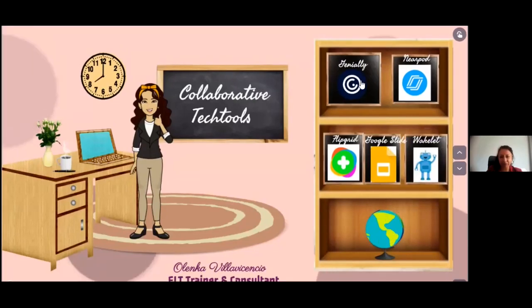Yes, absolutely right. To do this part, we need some collaborative tools. I have plenty of collaborative tools. At the end, I am showing you all my social networks if you want to contact me, because I have different workshops on specific tech tools. But those I use in my classes, I love them. Let's start with Genially and how it works. For example, this presentation that you can see here with full interaction is made in Genially. After that, we can go to some advantages. I will show you three different activities to do with it.